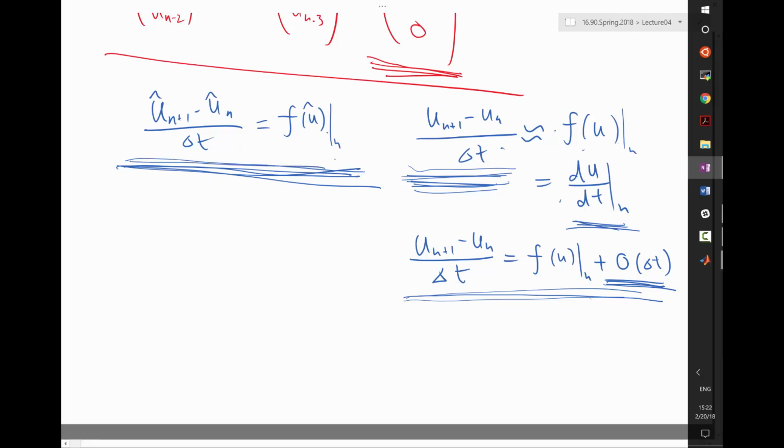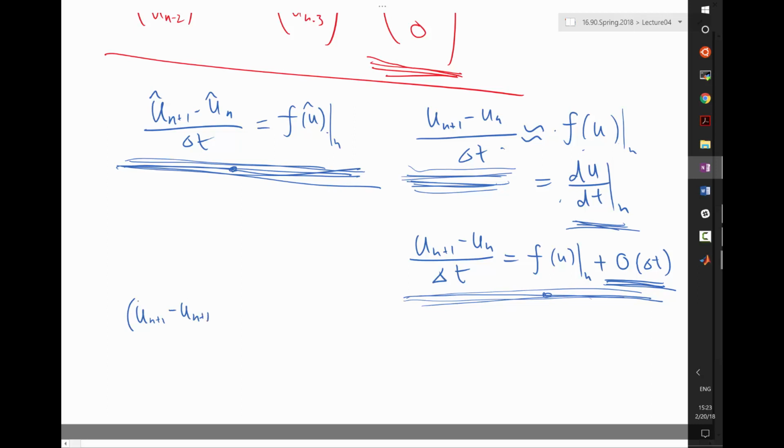Notice that both have roughly the same formula. So why don't we subtract one from another? All right. Now, by subtracting one from another, what we get is, on the left-hand side, u^(n+1)